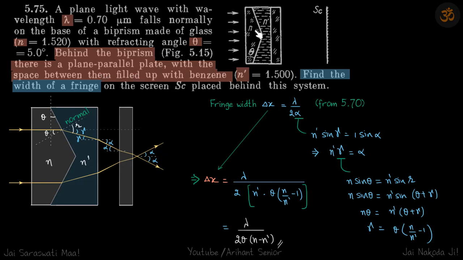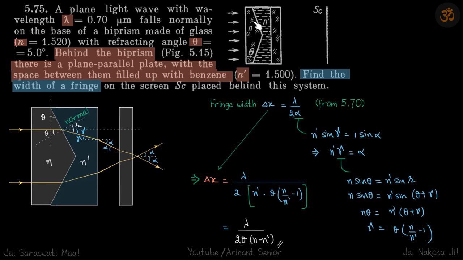So we have a biprism here and another slab here, and between we have filled a liquid. The parallel rays fall on this system, and because of that, interference is observed on this screen. So again, we have a glass biprism here, and the angle of this prism is theta, and the refractive index of glass is n. Then we have a liquid filled which has a refractive index n dash. Then we again have the glass slab,